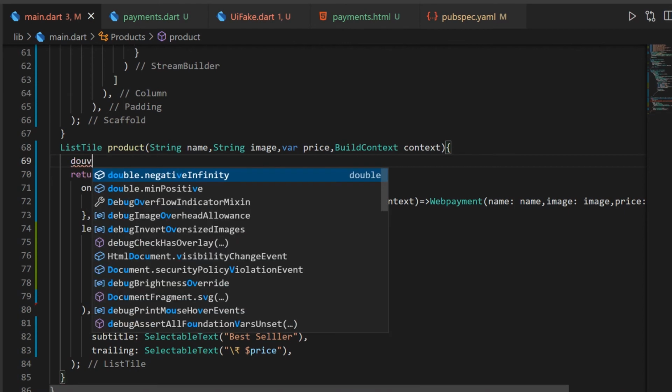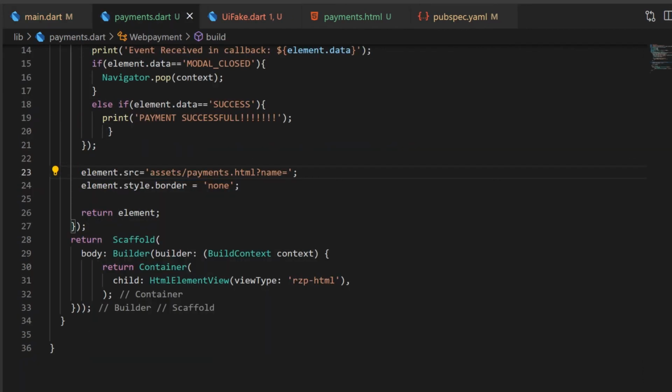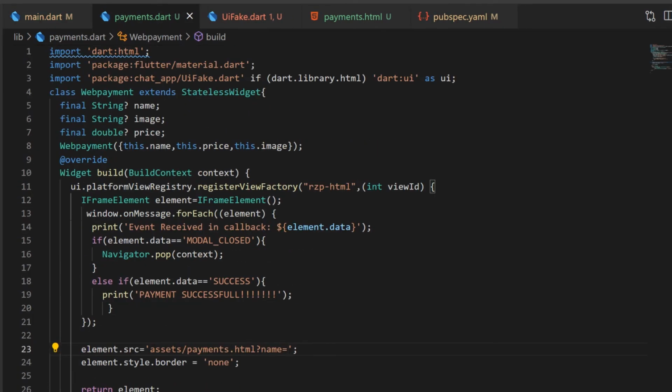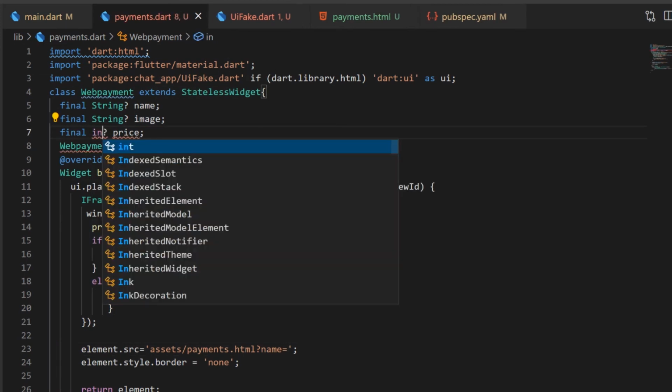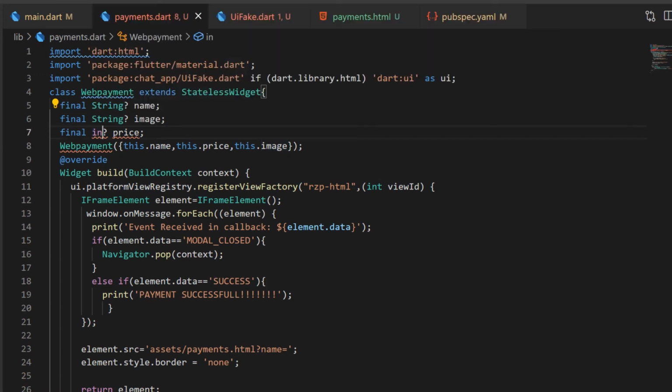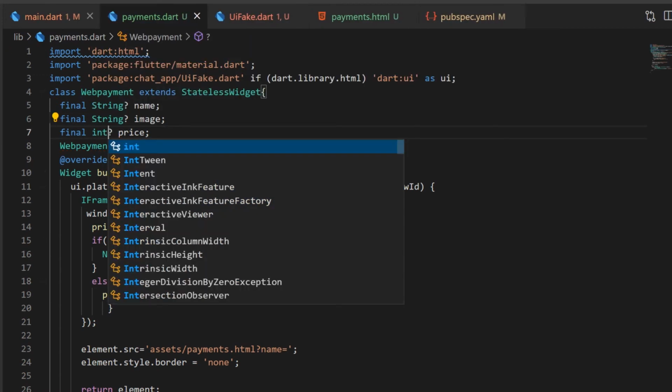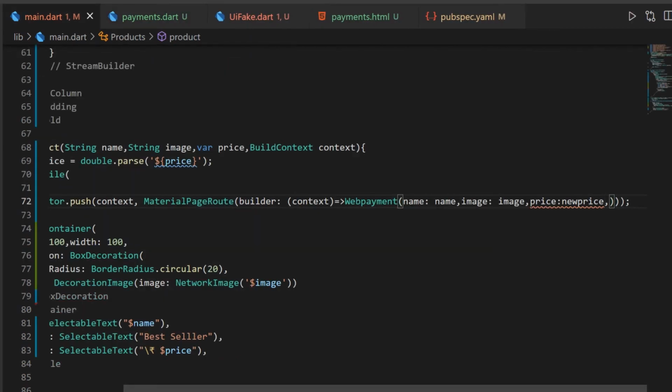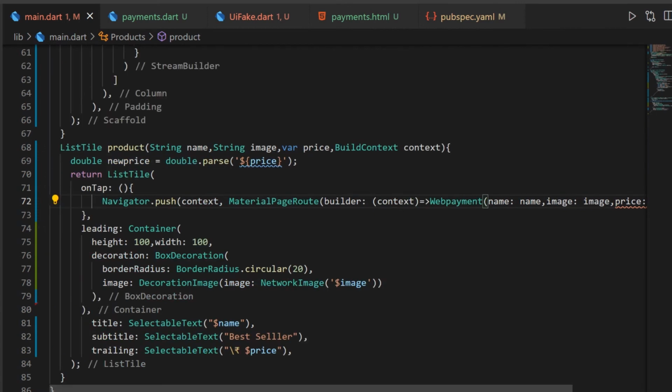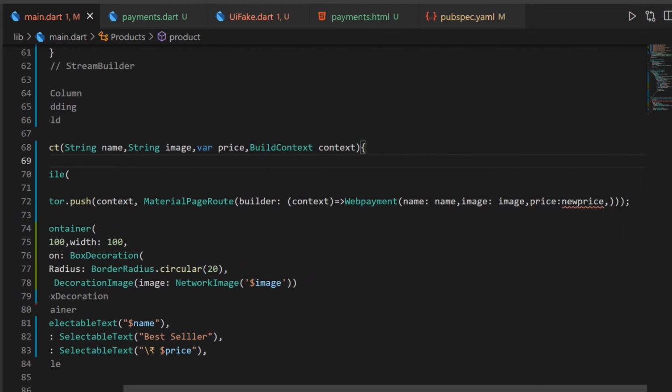No, actually we need an int for the Razorpay payment. So we are not going to do these things here, because we are fetching the int from the database.